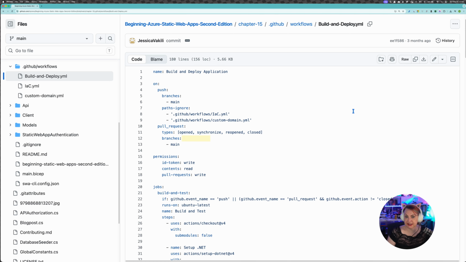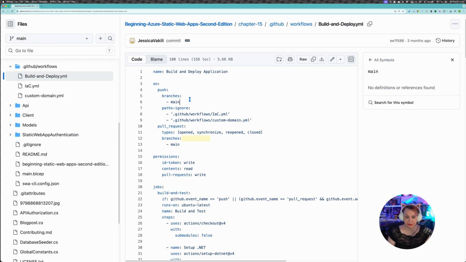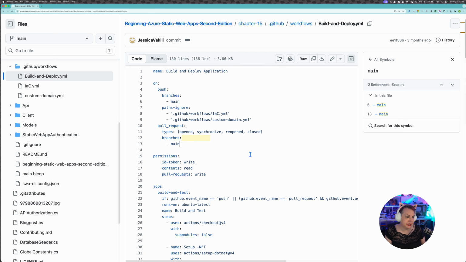It basically does what it says on the tin. We are going to build and deploy our application. Only now you see we have quite a different on here. When we do a push to our main branch, except for our other infrastructure as code files, because we don't need to rerun this when we change those, or rerun on pull requests against main that are opened, synchronized, reopened, or closed. This is how we can create those same staging environments that the Azure GitHub action does for us